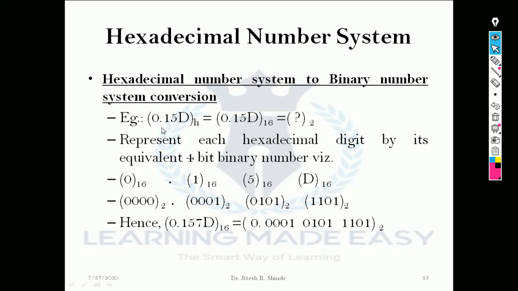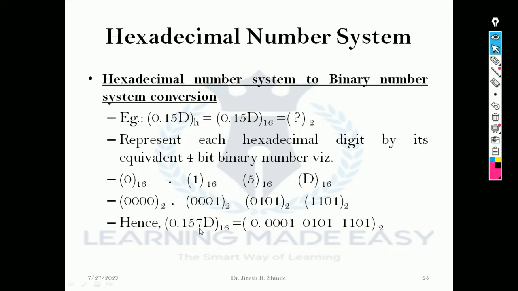So here 1, okay, 0 equivalent binary representation is 000, 1 hexadecimal equivalent 4-bit binary number is 0001. 5 hexadecimal equivalent 4-bit binary number is 0101. D 4-bit binary number is 1101. Thus the final answer is 0.157D hexadecimal number base 16 equal to 0.001